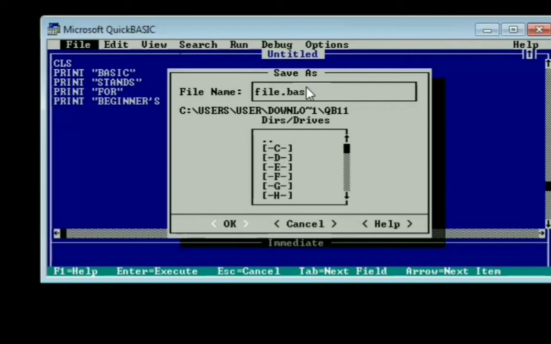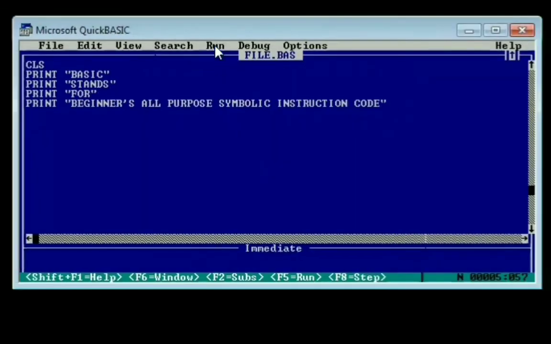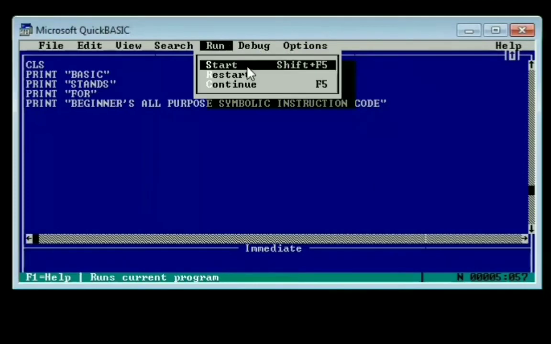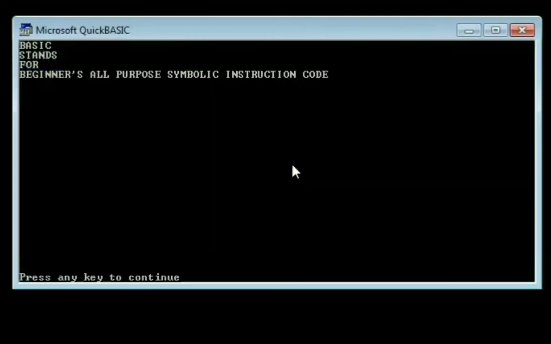Now children, to run this program, I will click the Run option from the menu bar or will press the F5 key from the keyboard, to see the following output as BASIC stands for Beginners All-Purpose Symbolic Instruction Code. And then to continue, I will press any key from the keyboard.